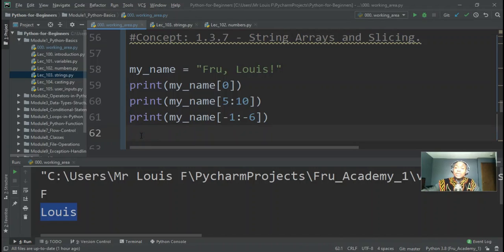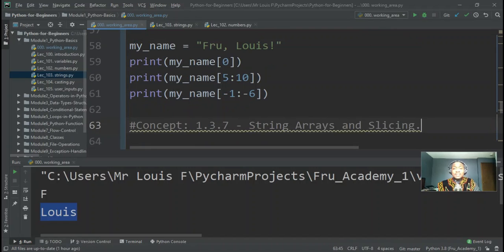So a lot of concepts for strings, guys, a lot of concepts. And I understand, just bear with me, because strings are so important that in every programming that you do, more than likely you're going to come across strings, and it's very important that we know how to manipulate strings inside out, so that if you have any challenge,